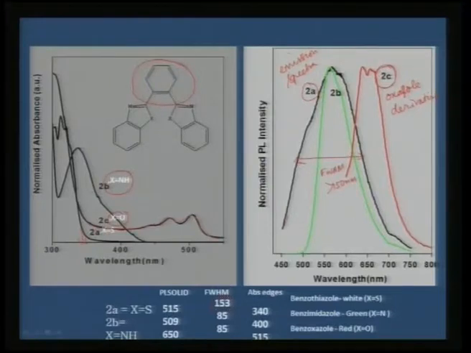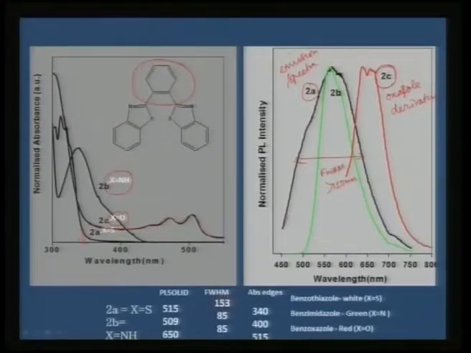So what is peculiar in both the cases, 1 series and 2 series, is that thiazoles show a featured emission, and it is also showing a near white light emission. Whereas if you look at oxazole, whether it is with the phenyl linker or with the alkene linker, you would see that it shows a preferred red emission. Imidazole, on the other hand, always shows a green emission. You can see here imidazole always shows a green emission. So this seems to be characteristic of all the benzheteroles.